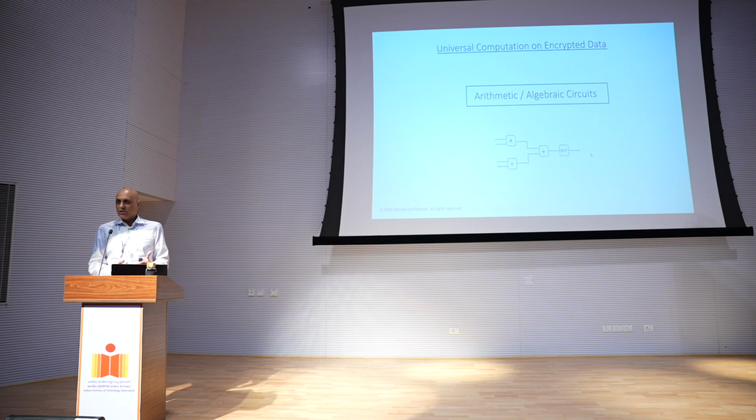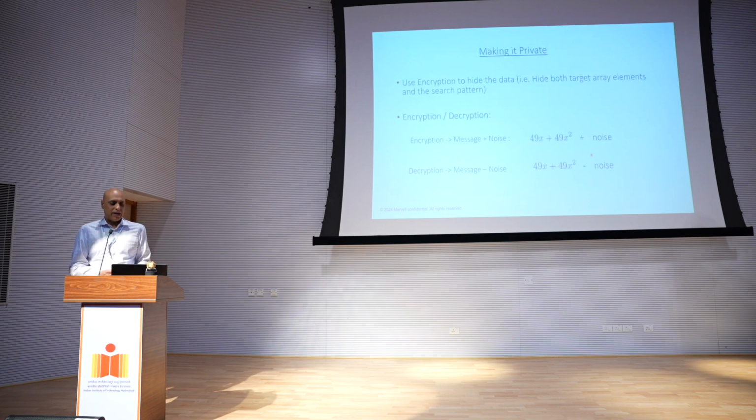And once again, those circuits comprise polynomial multiplication, polynomial addition, and this special operation called automorphisms. So let's go ahead and figure out how we can make this search private. Well, the first thing we do is we encrypt the messages that we would...